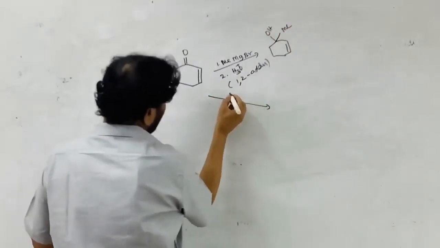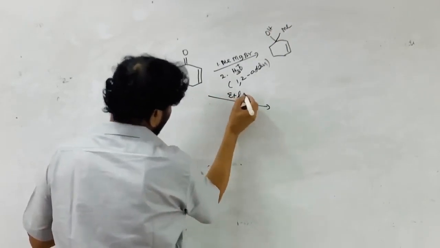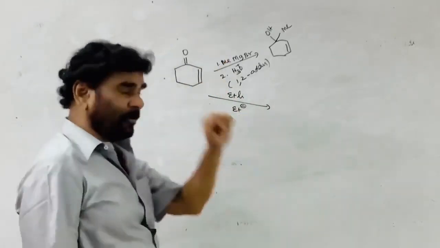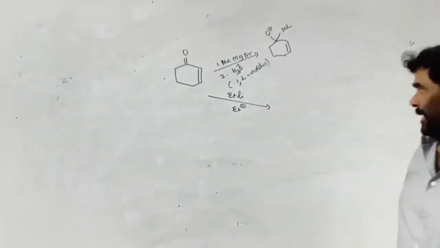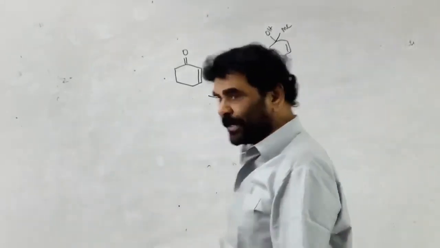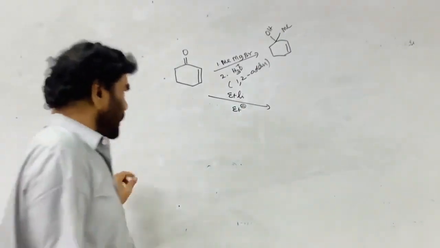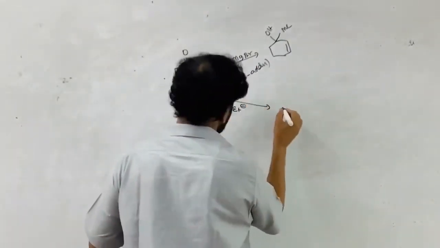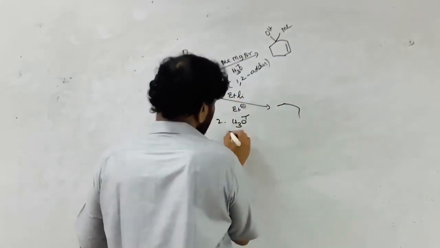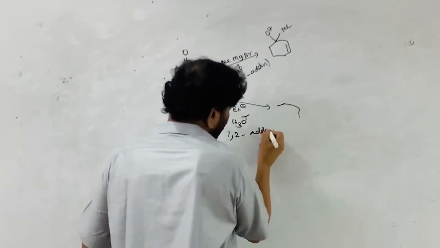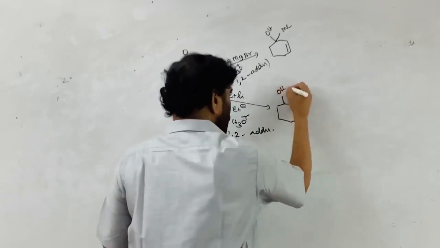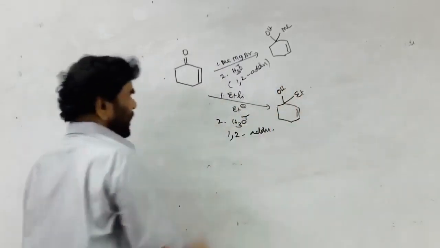Now you take EtLi, alkyl lithium, ethyl carbanion. This is a stronger nucleophile, stronger base, that is alkyl lithium. The carbon and lithium bond is more polar than the carbon and magnesium bond. The amount of the negative charge on the alkyl lithium is more. Here, followed by acid workup, 1,2 addition is preferred. This is the case, this is OH, this is ethyl, 1,2 addition.